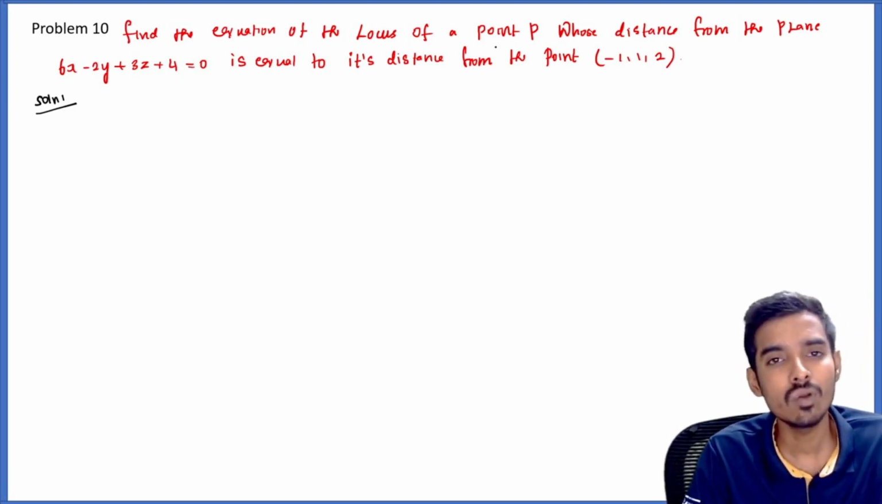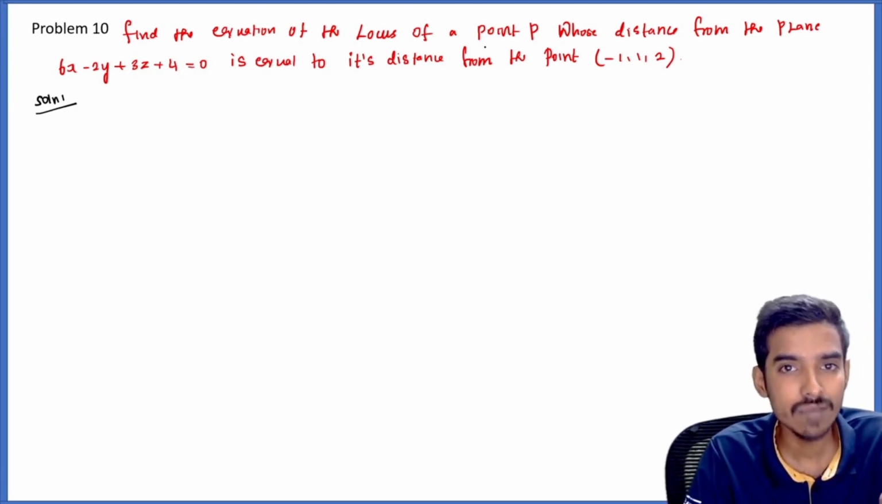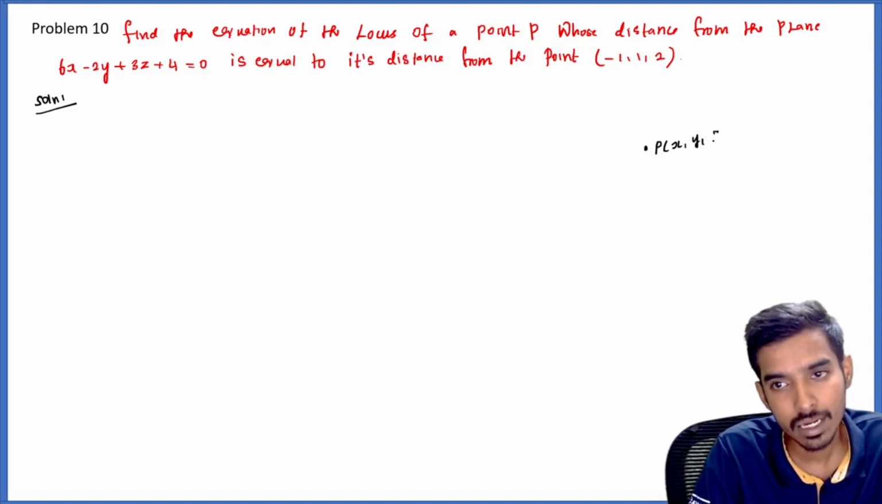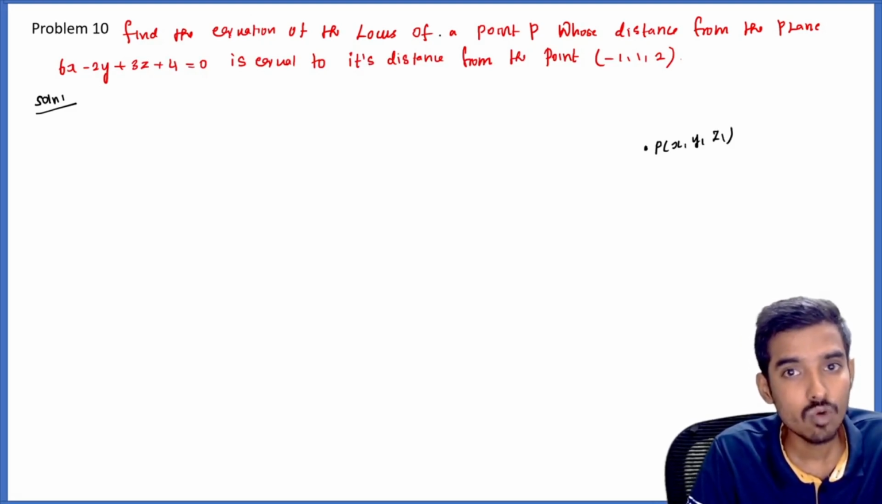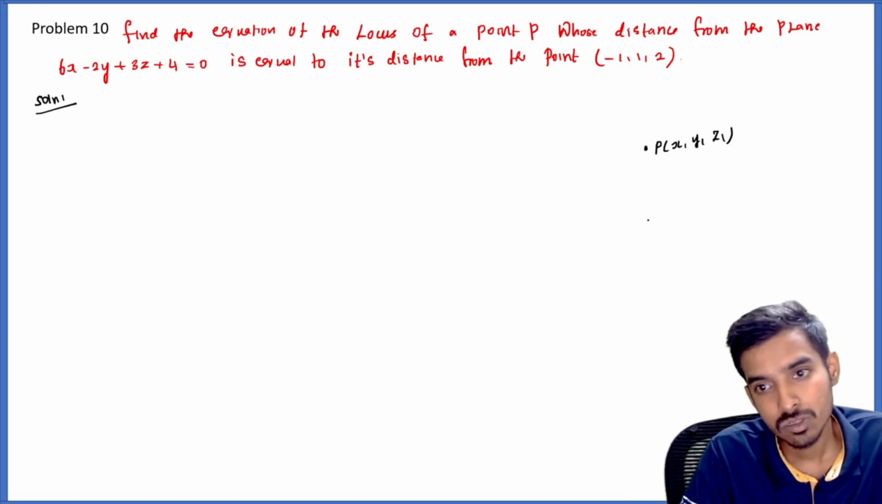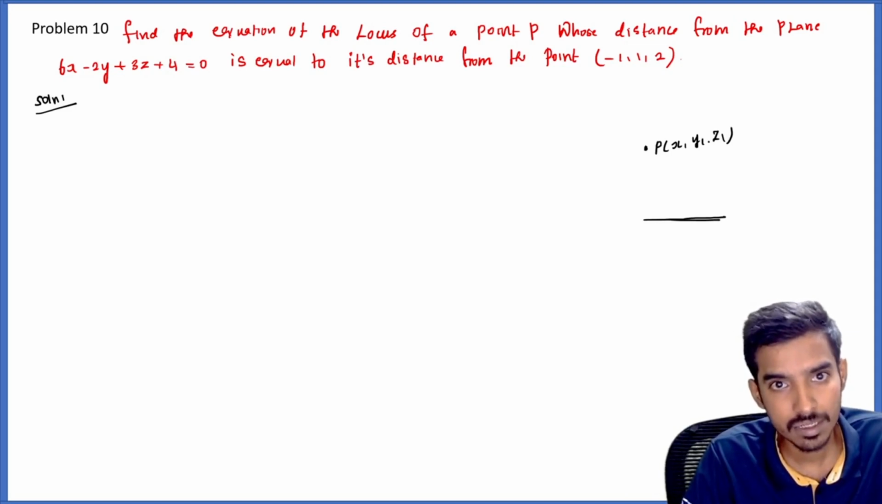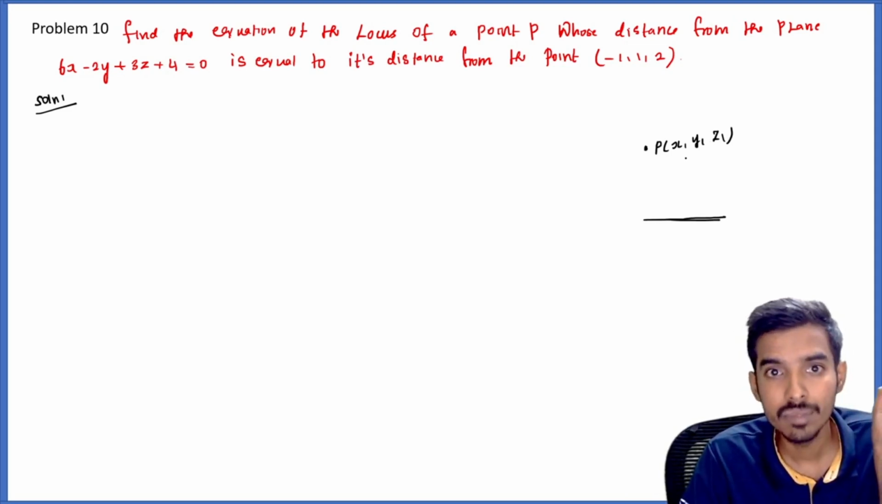So what is locus? Locus is a set of points that satisfy some equation, right? Let us take a point P. So this point P is x1, y1, z1, right? To find the equation of locus of a point P whose distance from the plane is equal to... okay. So we need to find all those x1, y1, z1, right? We need to find all those points such that